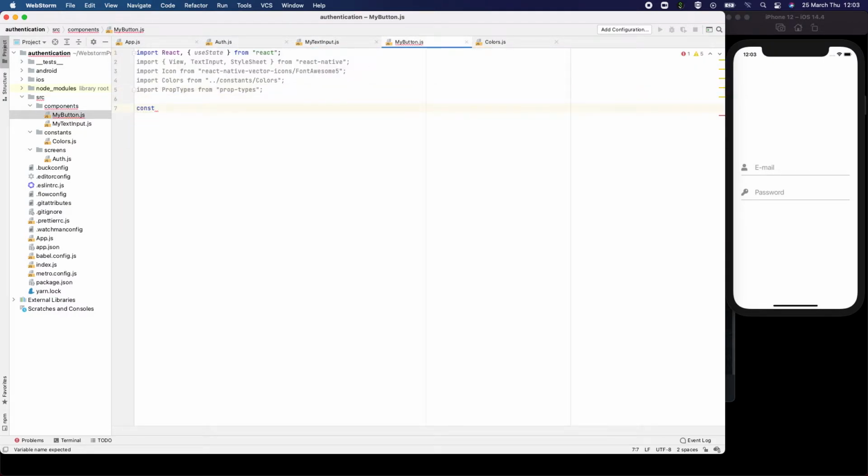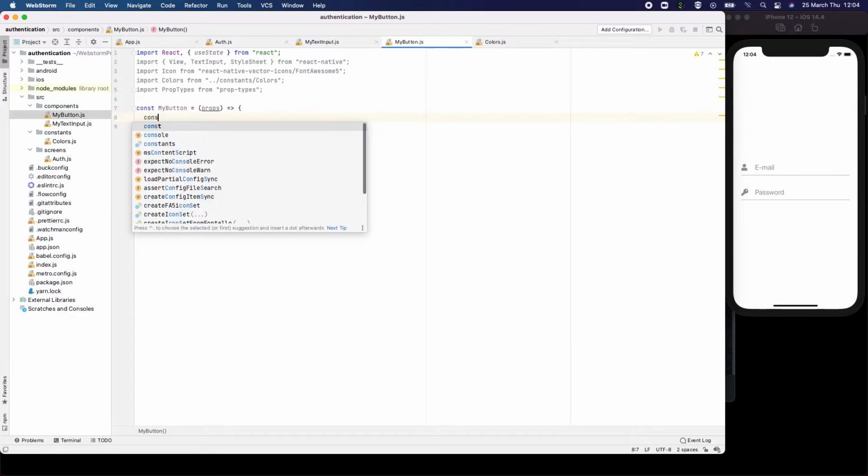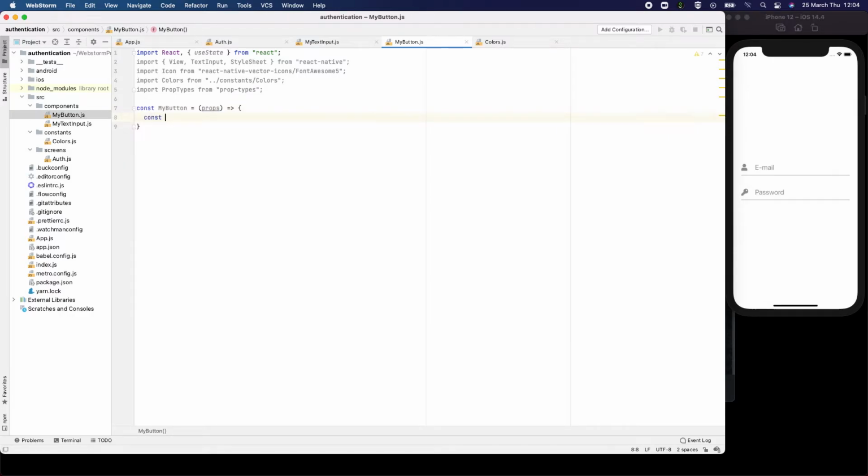Const my button is equal to a function, as you know, and it takes props. So const, maybe we'll send text will be props, and return